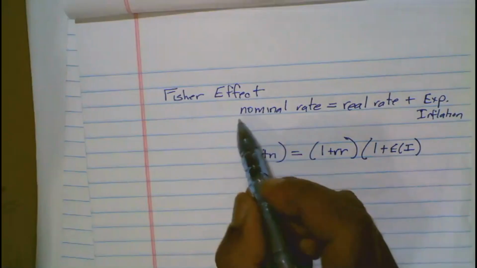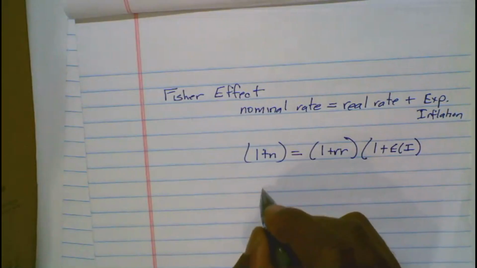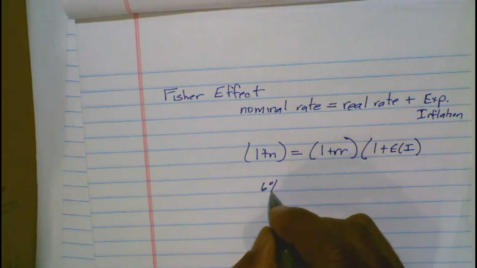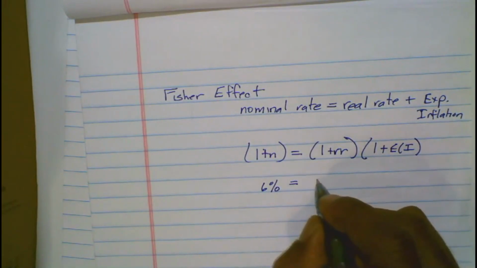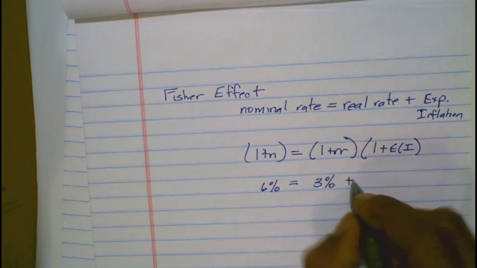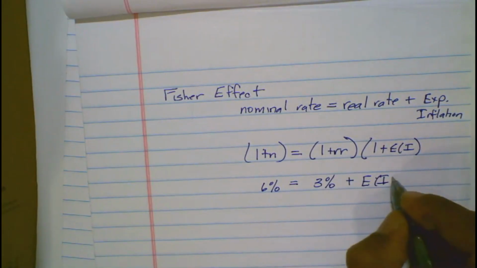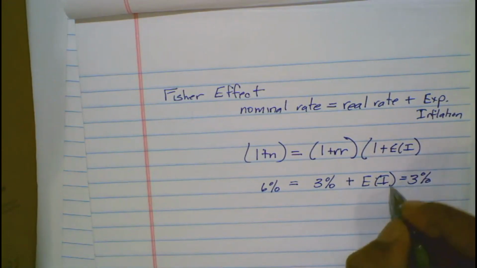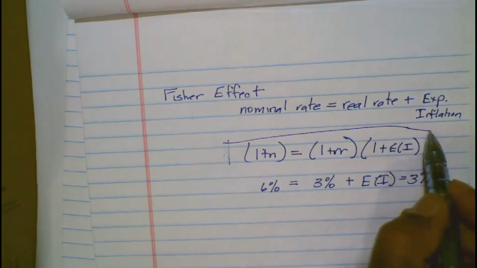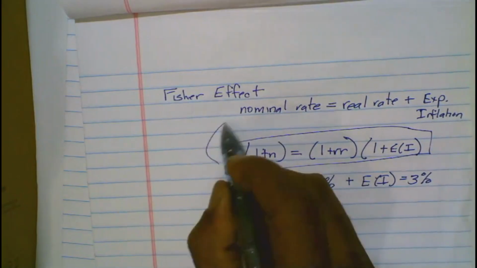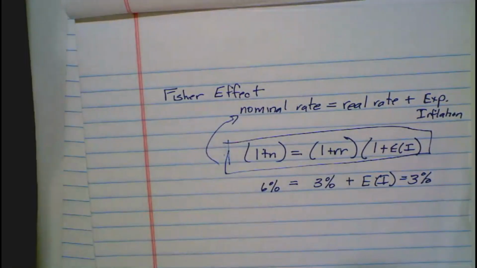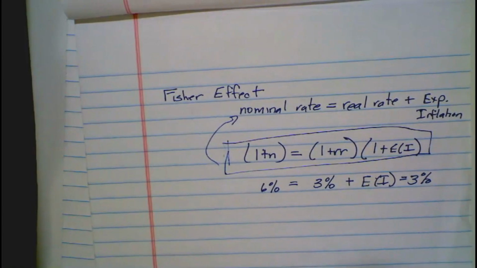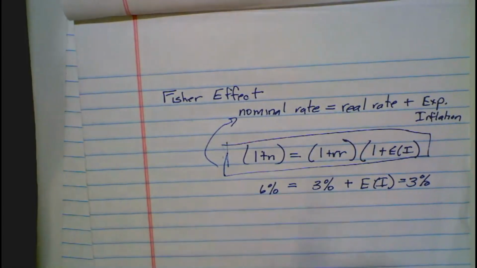We approximate it this way, though, meaning if the nominal rate is 6% and the real rate of return is 3%, then the expected inflation is obviously 3%. We approximate the formulation that way. It's approximately the same. It's off a little bit. The point here is,